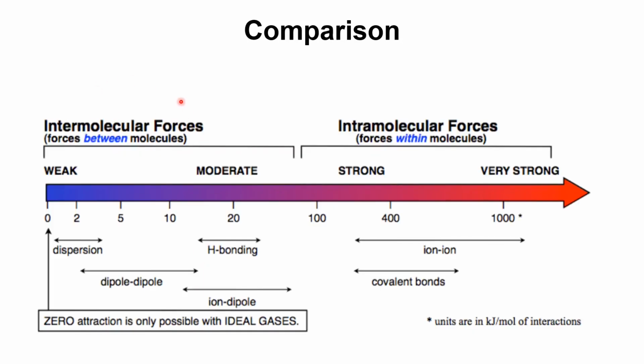Intermolecular forces are weaker than intramolecular forces because in intramolecular forces there is an interaction between the atoms of the same molecule, whereas intermolecular forces are the forces between the molecules. And further, we can see here that the London dispersion forces are the weakest, then there are dipole-dipole forces, and the strength of hydrogen bonding as well as the ion-dipole forces is almost the same.